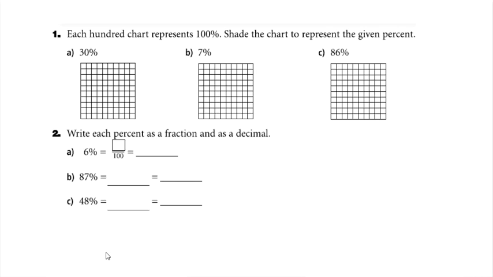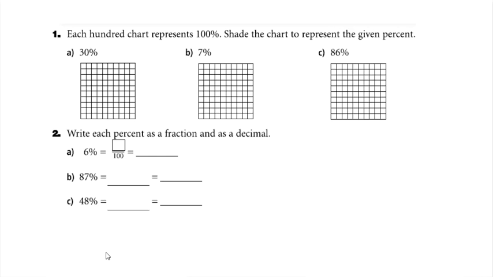Okay, so we're still talking about percents, and this time we're looking at representing them visually. So again, we're thinking that percent means out of 100. So if in this first question, it's saying that each 100 chart represents 100%, that means that when we're asked to shade in 30%,